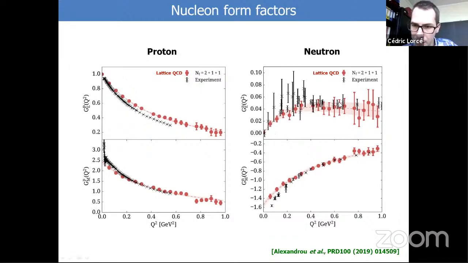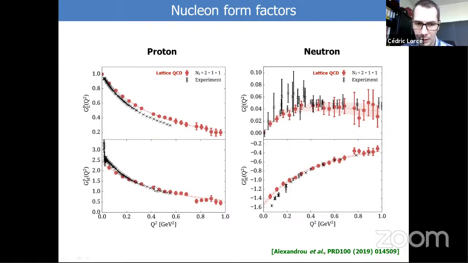So lattice predicts something that is rather smooth. Maybe experiments suggest something more exotic, but we definitely need more data. So that's why many experiments try to get more and more data. In particular, it's important to get the extraction of the electromagnetic form factors at very low momentum transfer, very small kick, which is very hard to do experimentally, because that's where the largest uncertainty lies. Also on the theory side, that's the one that is most interesting.